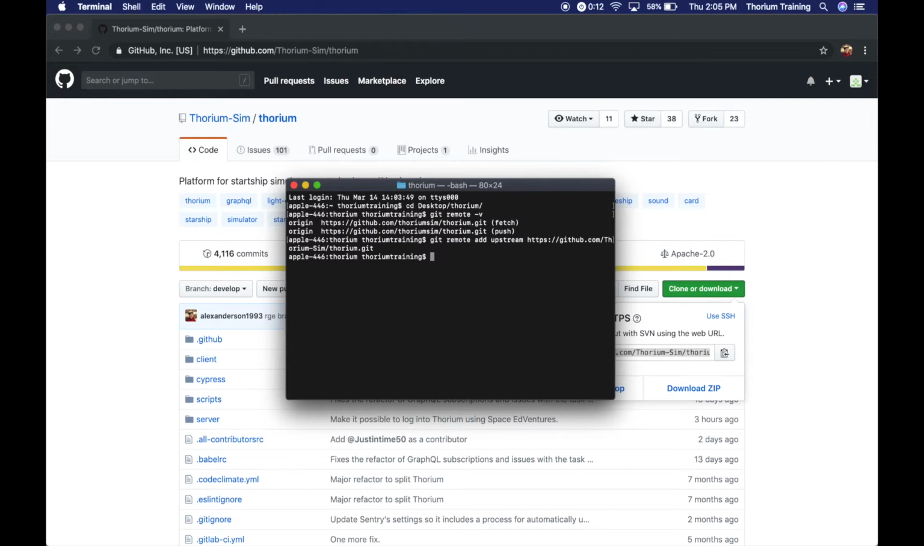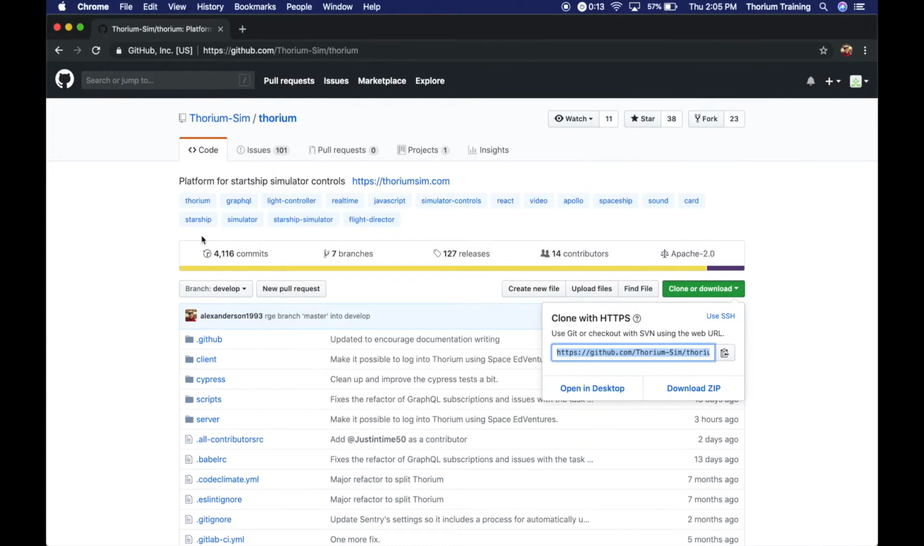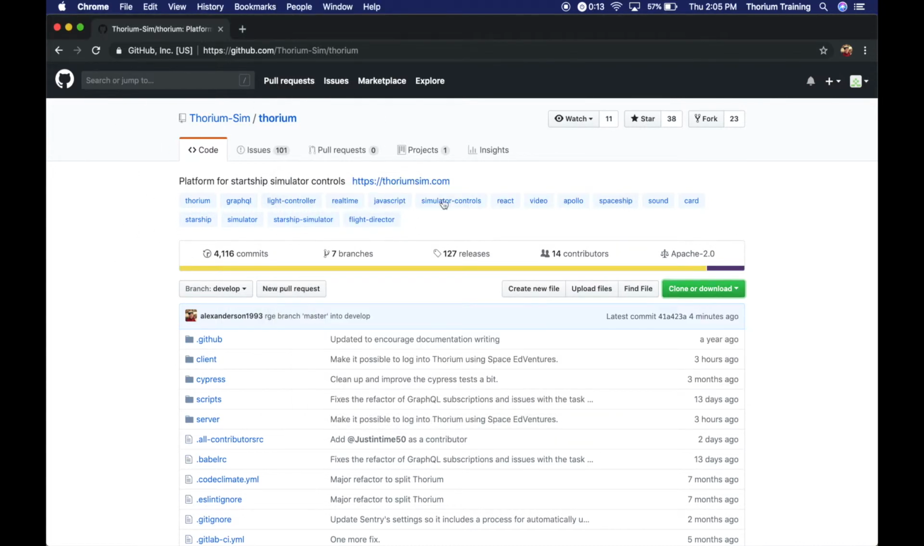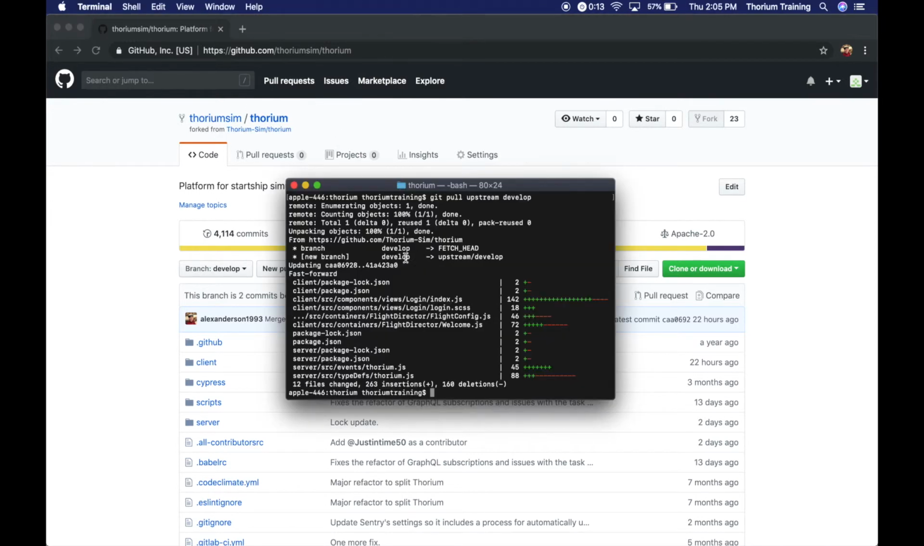So if we wanted to pull in those changes from the upstream repository into our current branch, all we would have to do is run git pull upstream, and then the name of the branch we want to pull in. The main branch is develop, so we'll pull in develop, and that's going to pull in all of those changes. So there are two ways that we can do this. One way is by doing a pull request in GitHub from the main repository to our repository, which is what we did. Or we can run a pull from our command line by adding the upstream repository as a remote